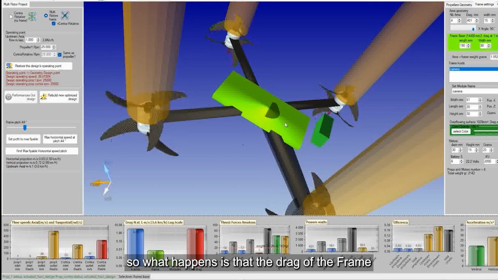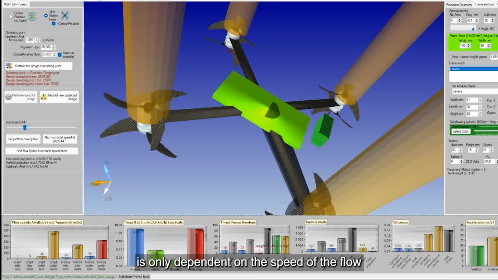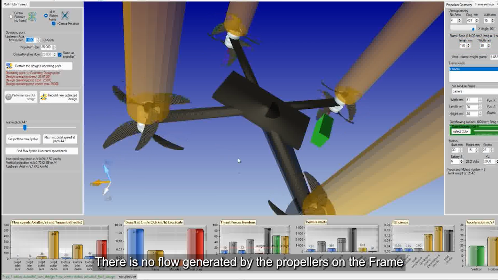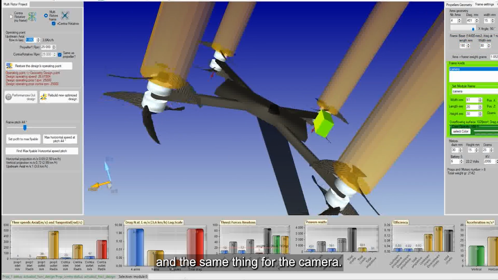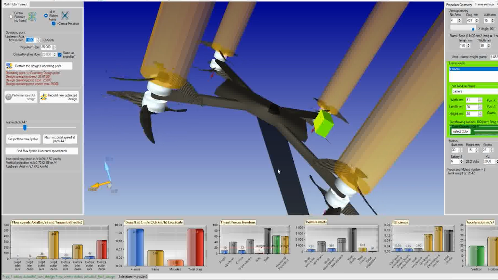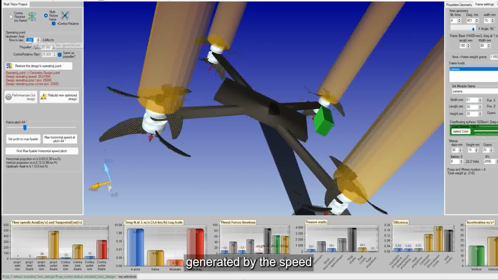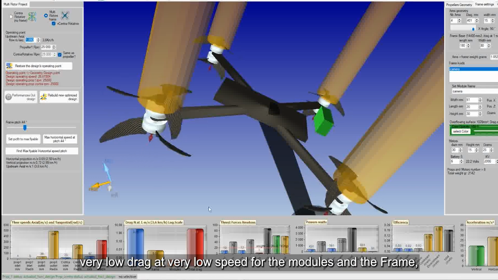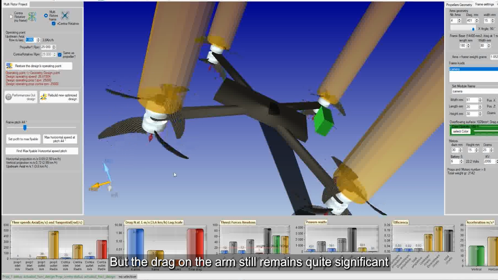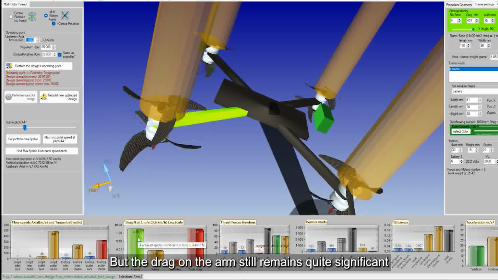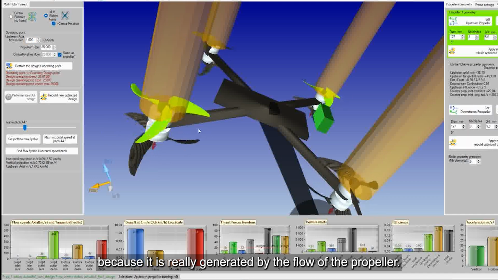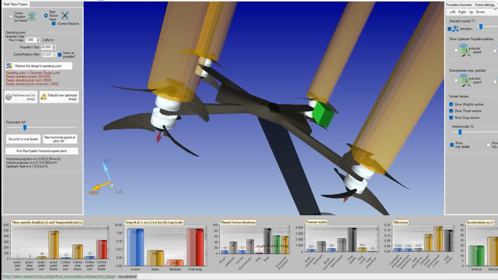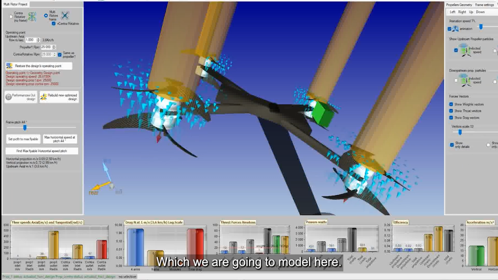So what happens is that the drag of the frame is only dependent on the speed of the flow that it encounters upstream. There is no flow generated by the propellers on the frame, and the same thing for the camera. It is only dependent on the flow generated by the speed, so we have a very low drag at very low speed for the modules and the frame. But the drag on the arm still remains quite significant, because it is really generated by the flow of the propeller, which we are going to model here.